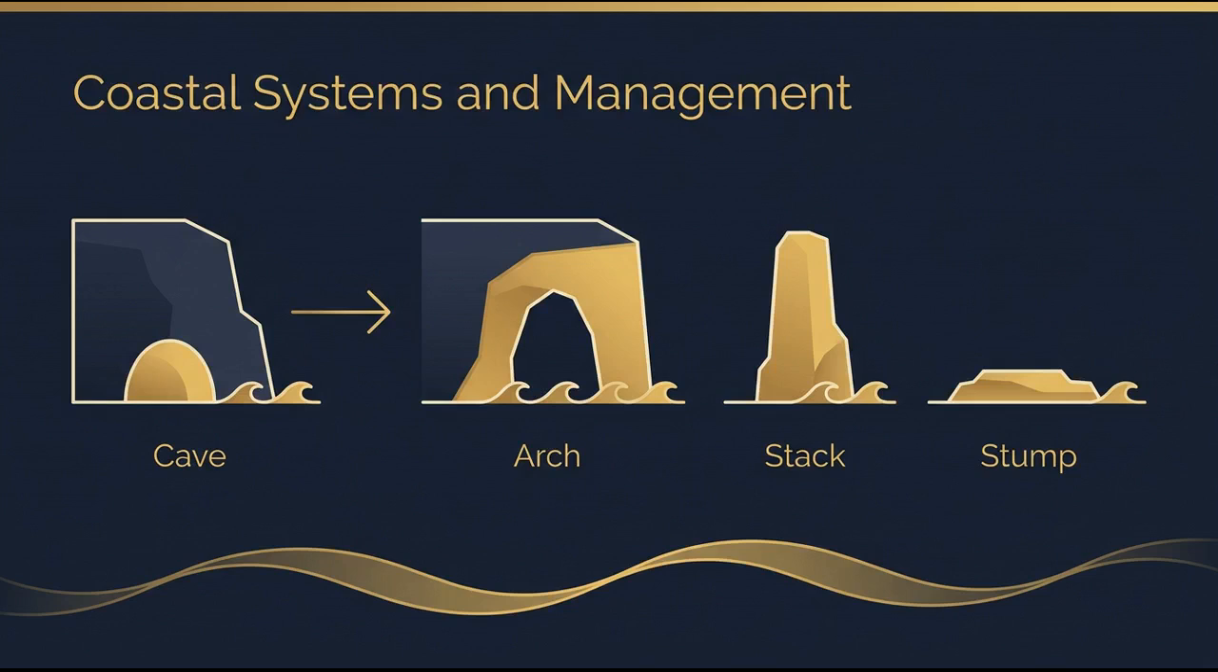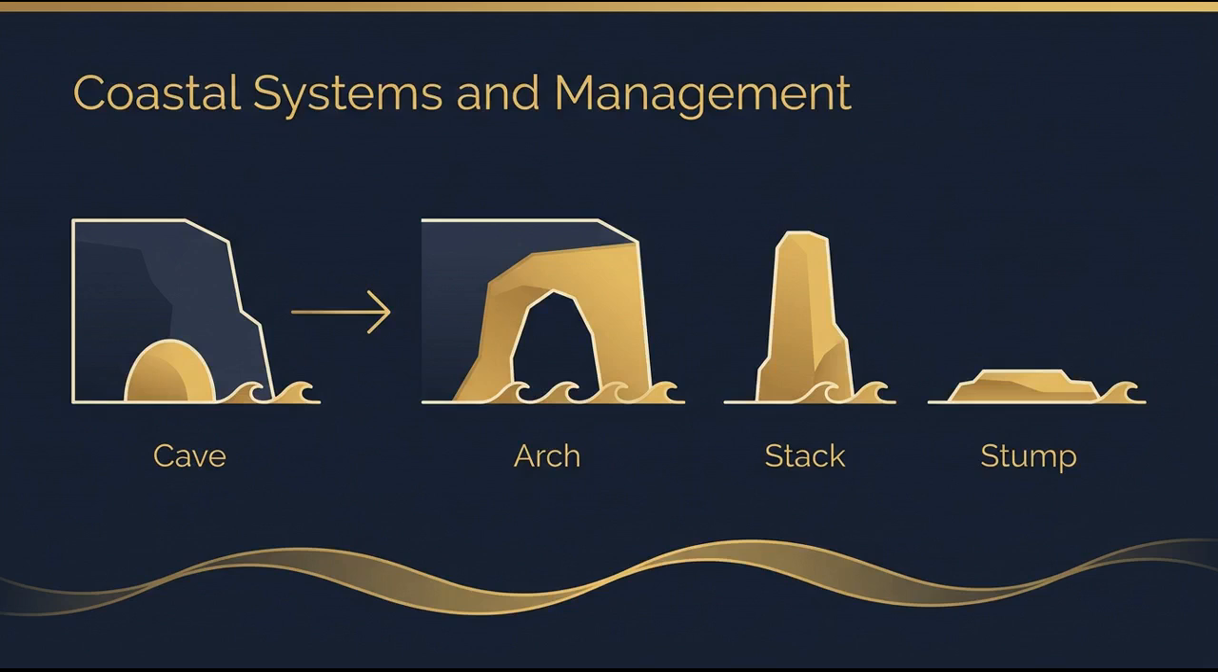This creates a classic sequence of erosional landforms. First, wave action carves out caves. If a cave cuts all the way through a headland, it forms an arch. When the roof of the arch inevitably collapses, an isolated stack is left behind, which eventually erodes down into a